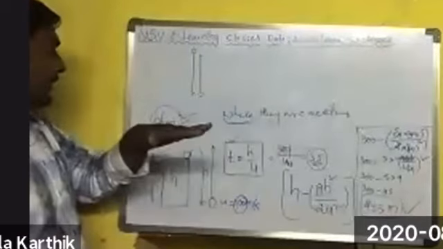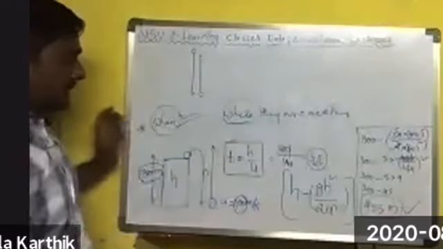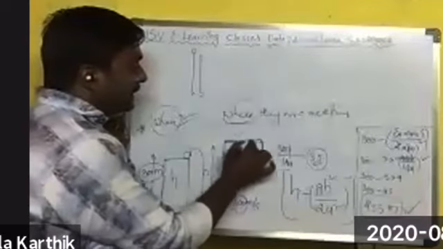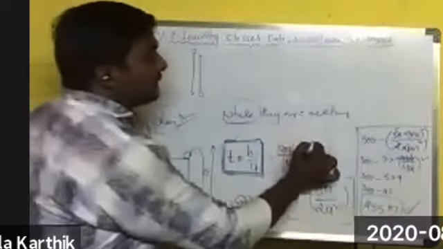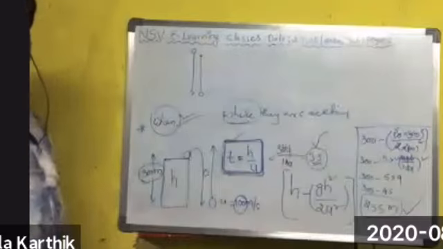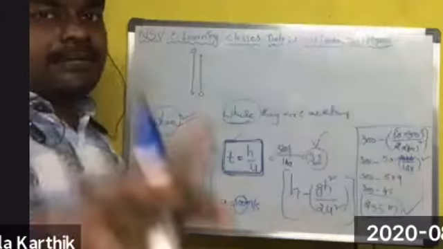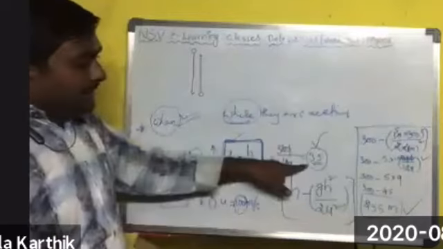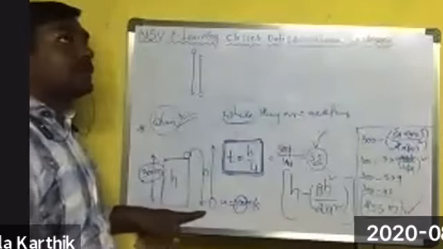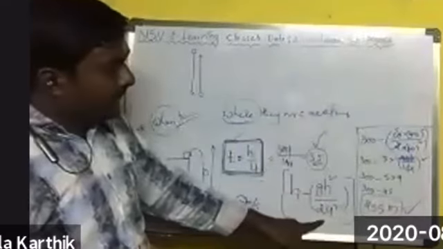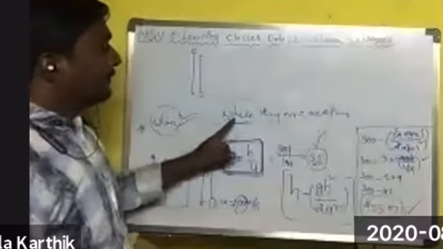For when they are meeting, they are using T is equal to H by U, Nana. When they are meeting, it is at T is equal to H by U, after 3 seconds of released or after 3 seconds of thrown. So everything is clear, Nana. See here, after 3 seconds of released and after 3 seconds of thrown, they are meeting together. And then H minus (G T square by 2), Nana. This formula is useful for where they are meeting.